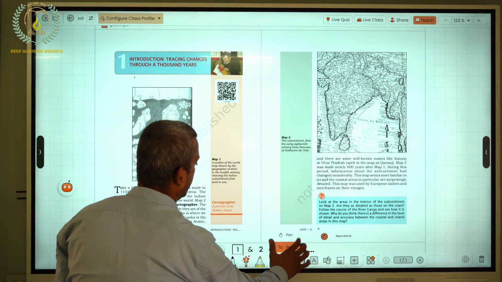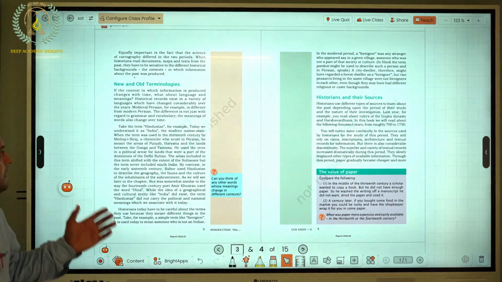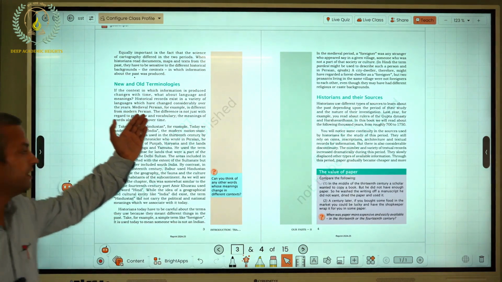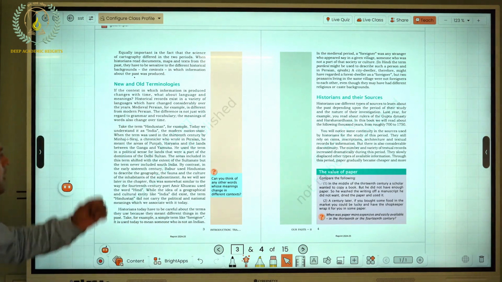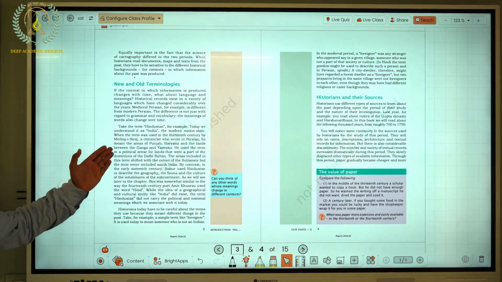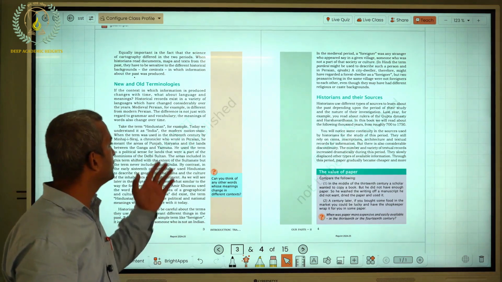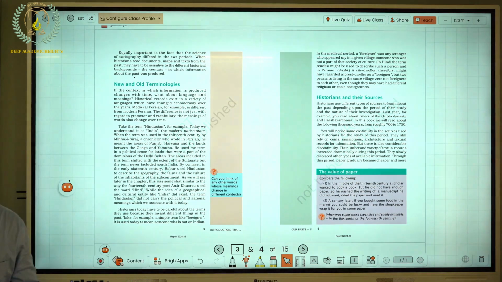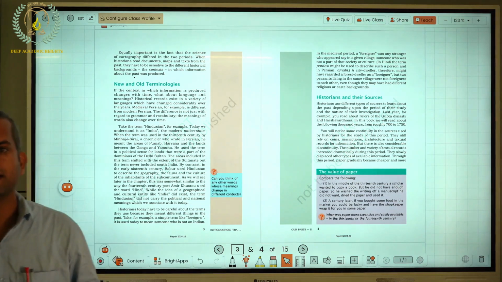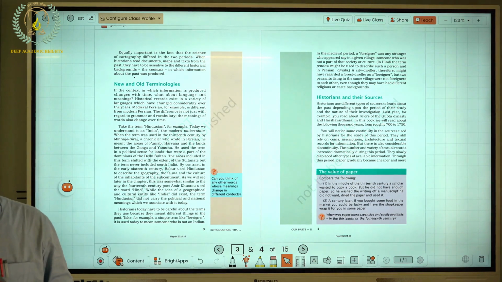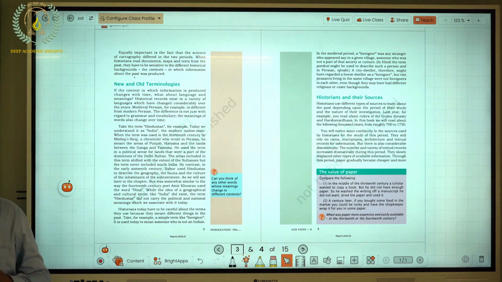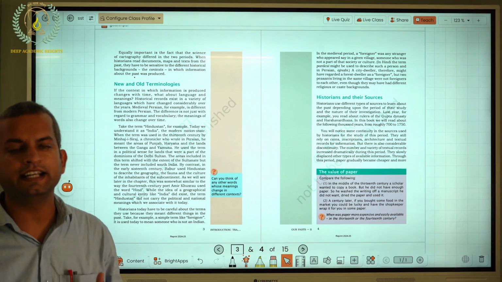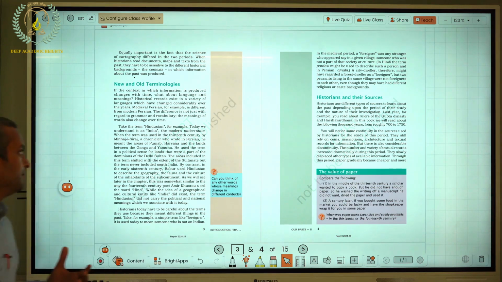Now, let's move ahead. When we see this, there are new and old terminologies also associated with India. For example, when the word Hindustan was first used, it was used for a nation state. What is a nation state? A nation state is a country which is based on cultural identity. And culture here means the tradition we follow, the food we eat, and the clothes we wear.